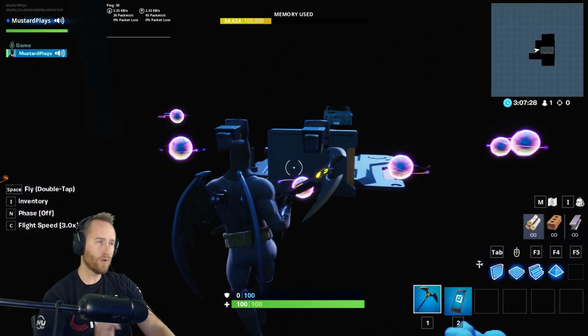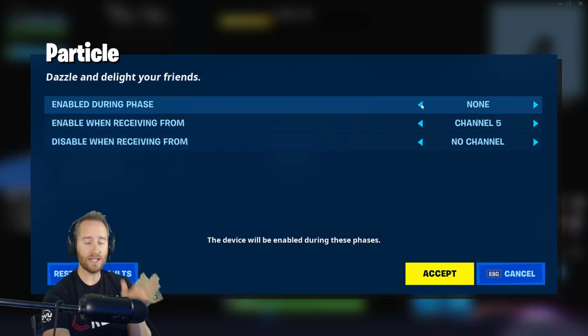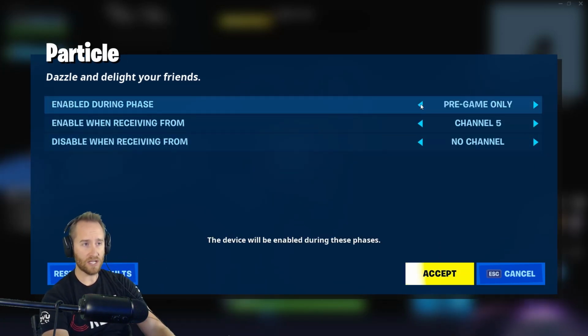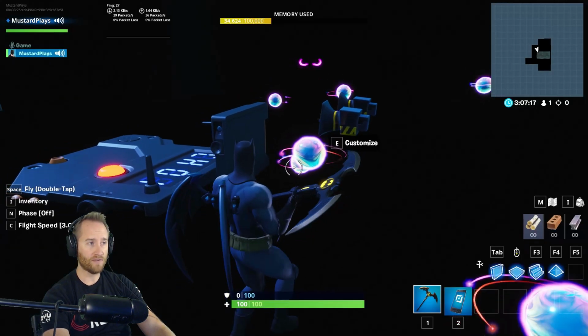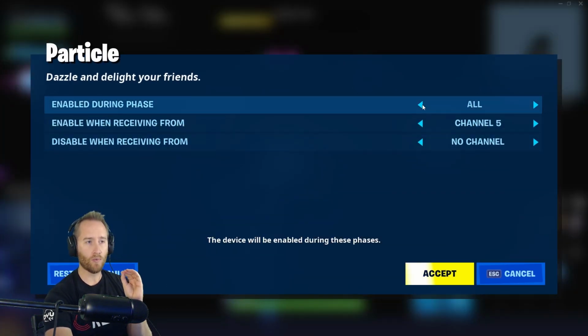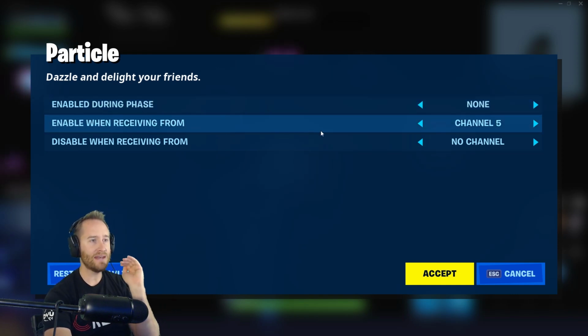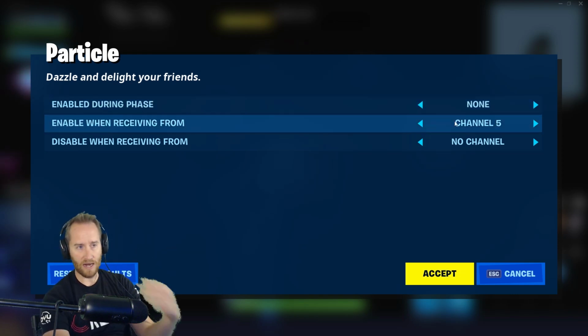I do want to mention one more thing with the special effects. You got to make sure that they are not enabled at the beginning, because if you have it on gameplay or pregame or all or whatever, then they'll just always be showing up. You only want them to show up once it's triggered. So you say enable during phase none, and then it's enabled when it's triggered by the certain channel